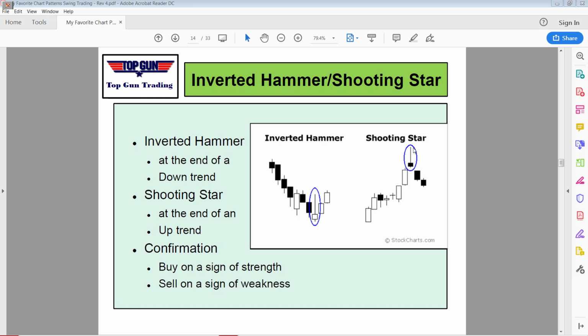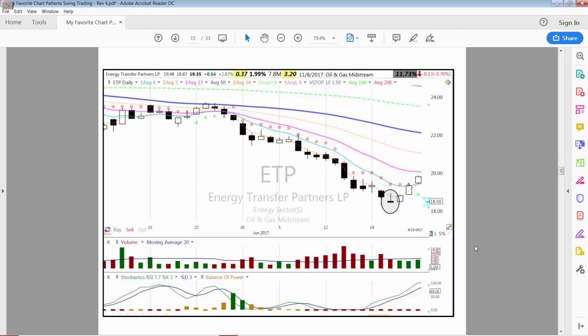This is a warning. We went all the way up here, but we couldn't hold it. It shows that the rally is getting a little late, a little old, long in the tooth. ETP pullback. Now it's at the end of a full pullback. Is this where the ideal situation is to purchase? In my case, this is not,